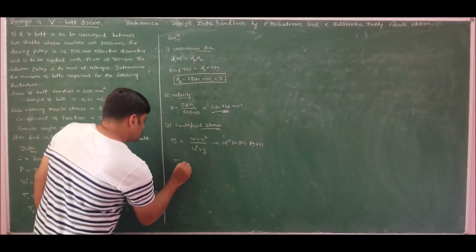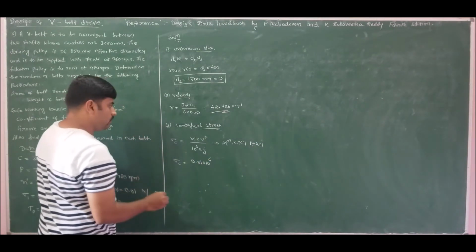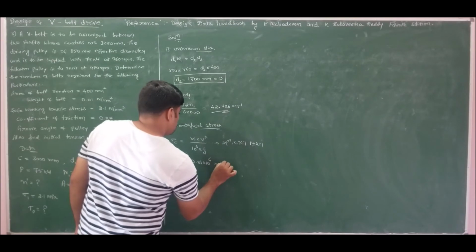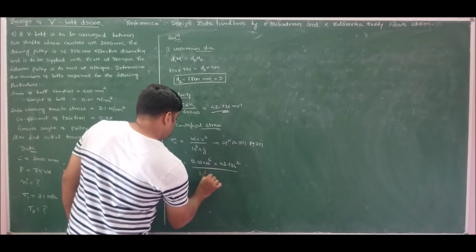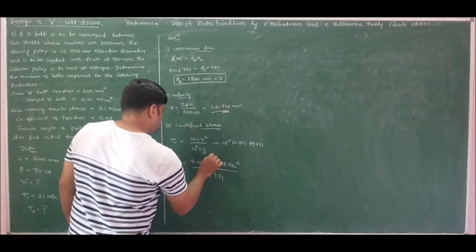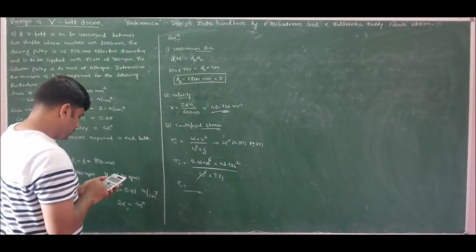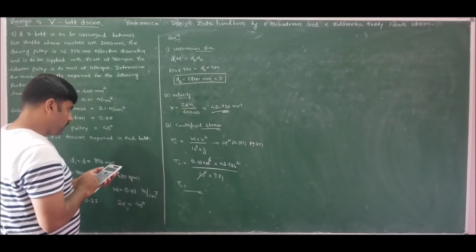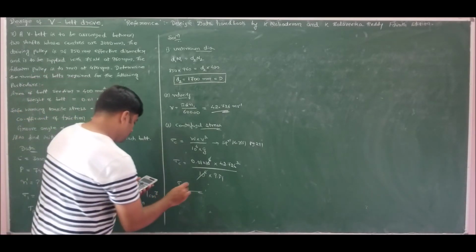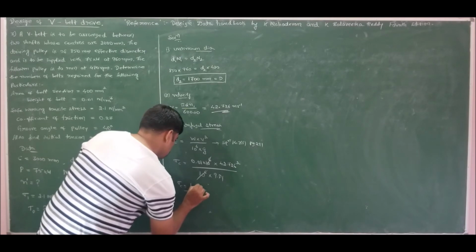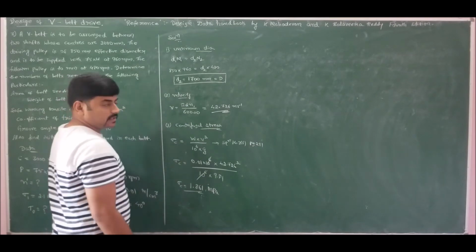So therefore sigma c is 0.01 into 10 to the power of 6 Newton per meter cube into V square, V is 42.726 square, divided by 10 to the power of 6 into 9.81. So if I cancel off and solve, we will get the centrifugal stress as 0.01 into 42.726 square divided by 9.81, which turns out to be 1.861 megapascals or Newton per millimeter square.